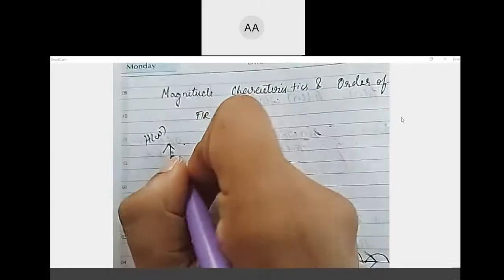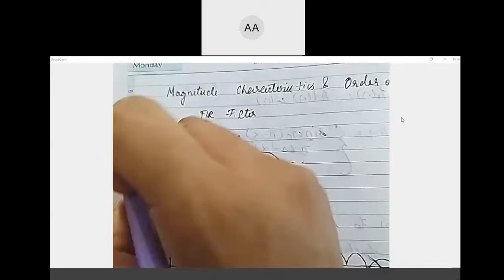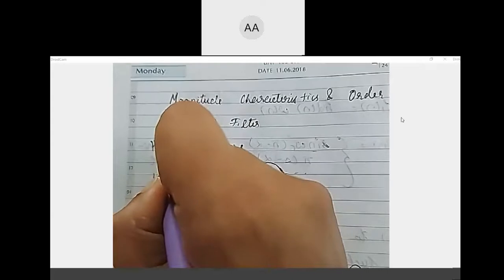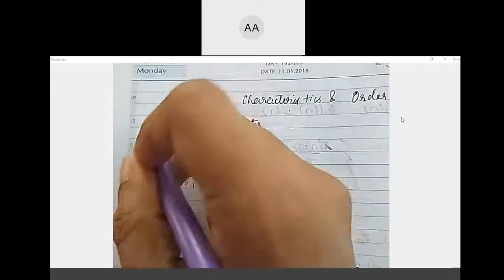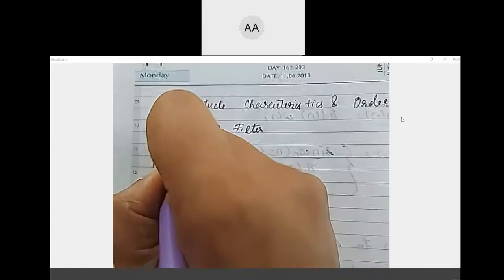So let me call the length of this, say, delta 1, then the trough value will be 1 minus delta 1, and the crest will be 1 plus delta 1.